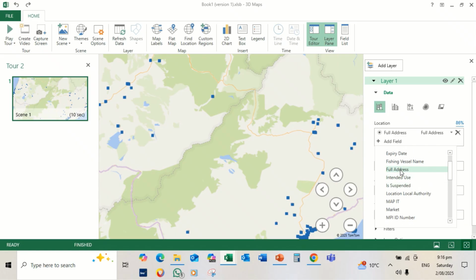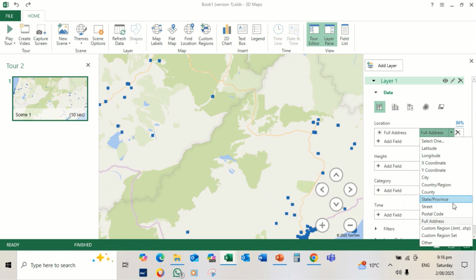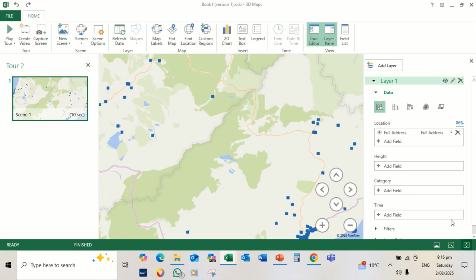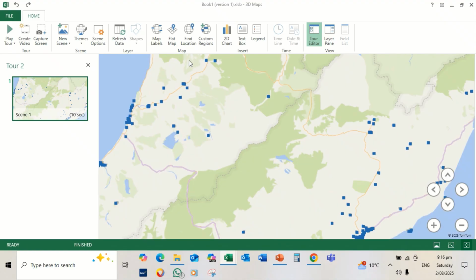You click full address, and then opposite to it also you need to select full address. So this is now on a 3D map,